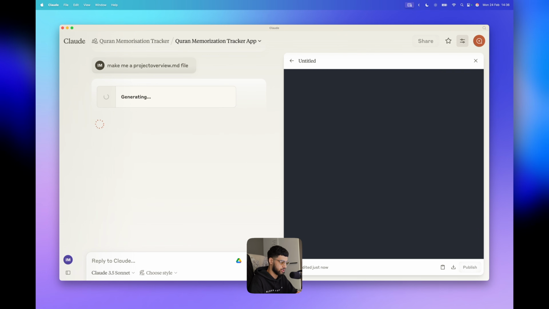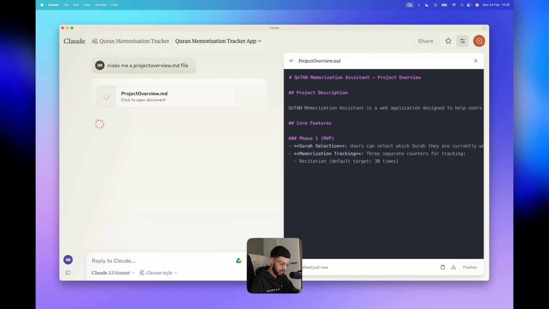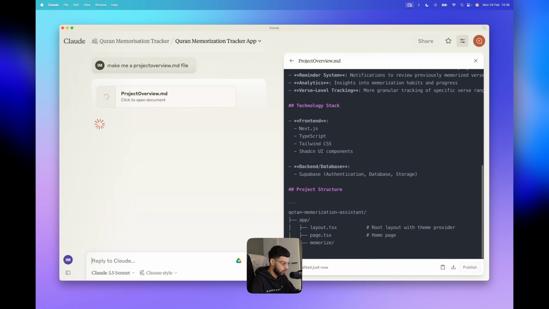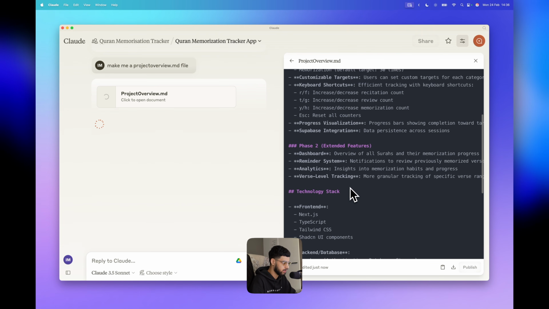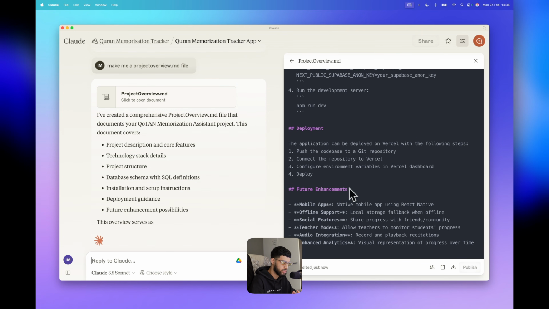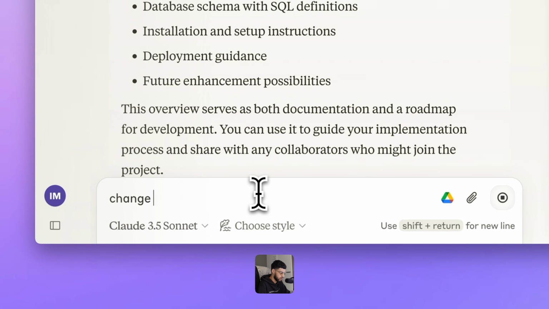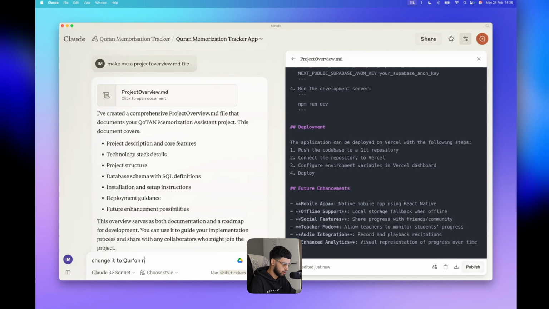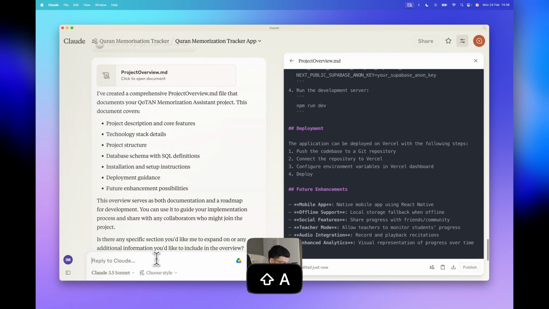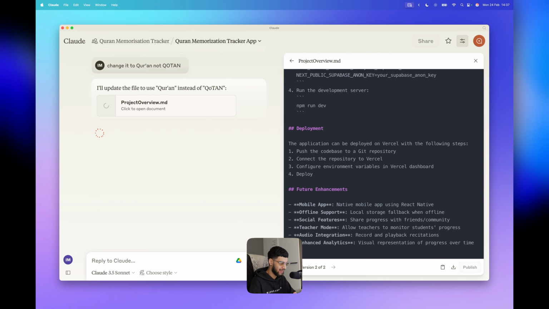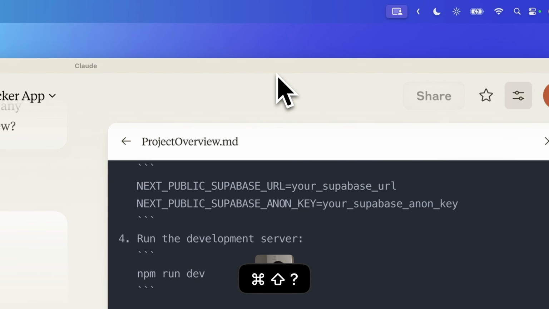What we're doing here is just asking Claude to make a markdown file. And then I will give this file to Cursor, so Cursor will know what we're actually building. Change it to Qur'an, not Khotan, because that's really going to annoy me. Now, the people who say Cursor is rubbish and it doesn't work are the same people who don't spend this much time planning.